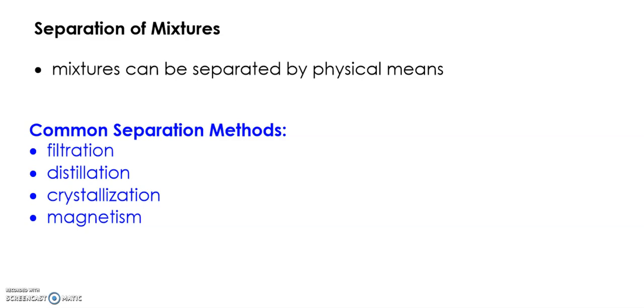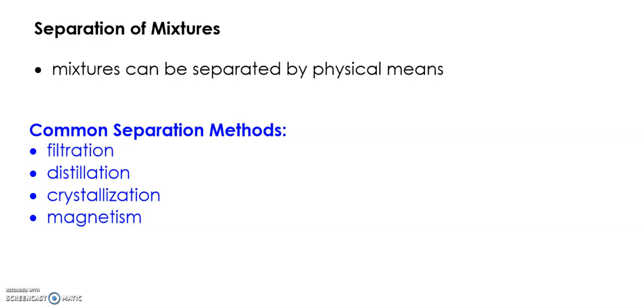This video is on separation of mixtures. So I'm going to show you or talk about different ways that mixtures can be separated. And remember that mixtures can be separated by physical means, meaning I'm not doing any sort of chemical reaction. I'm not rearranging the atoms themselves within the molecules. So we're just taking our mixtures, things that are mixed together, homogeneous or heterogeneous, and we're going to separate the